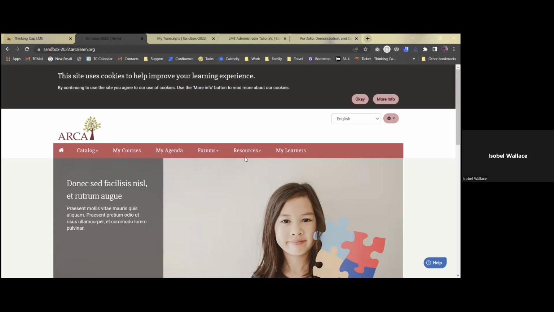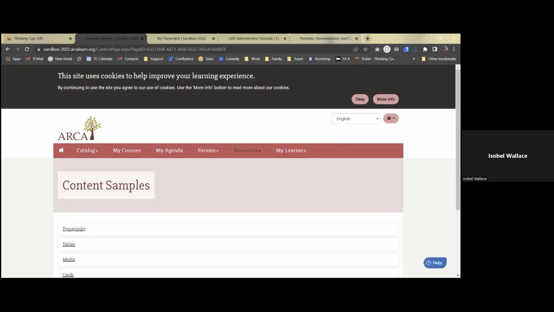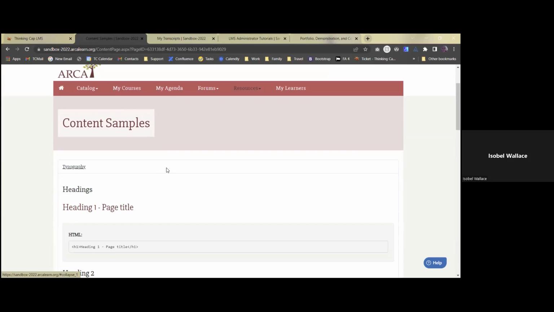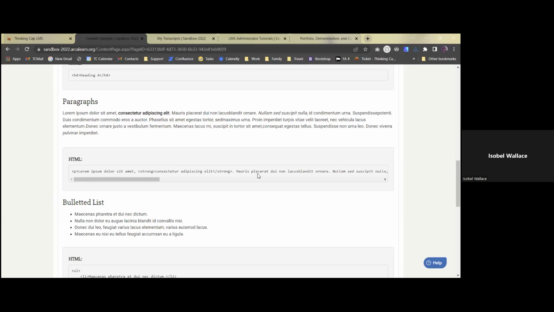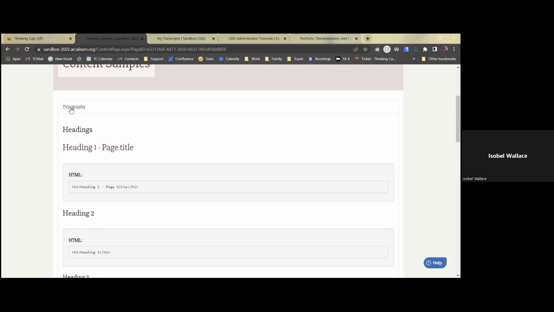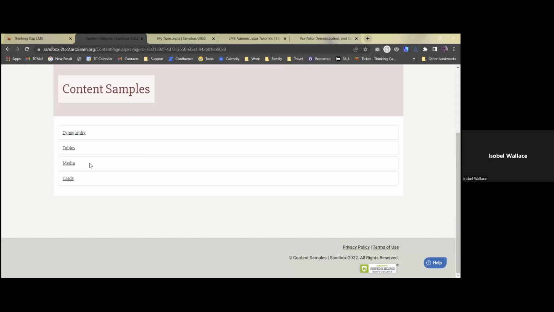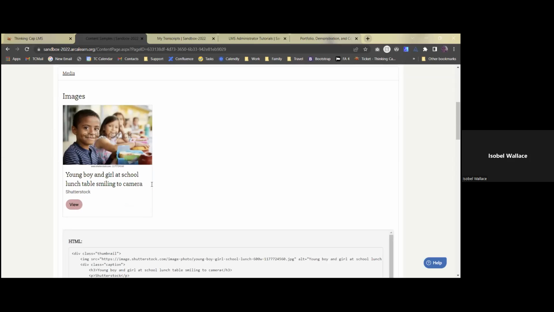I've also created, under the resources section, content samples. So if you're adding custom content to your content pages, this would be a really great reference. If there's any custom HTML, you can just copy and paste what's in here and apply it. The typography one's pretty simple, but when you start getting into things like media,